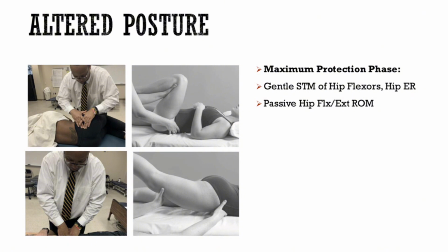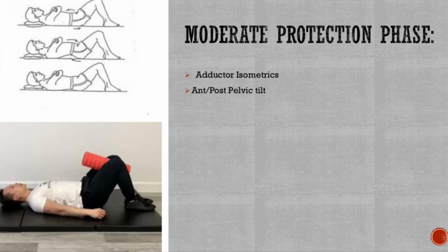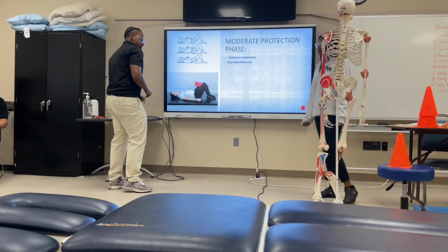So we can incorporate both these techniques as they're important for maintaining mobility without exacerbating any sort of extra unnecessary pain. So for the moderate protection phase, we can incorporate things such as adductor isometrics and also some anterior and posterior pelvic tilts. So for the adductor isometrics,